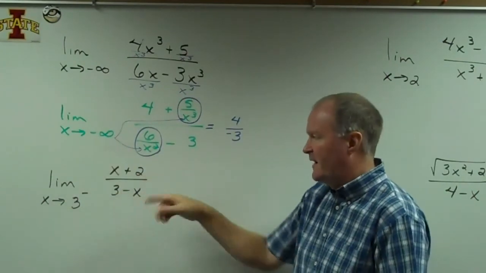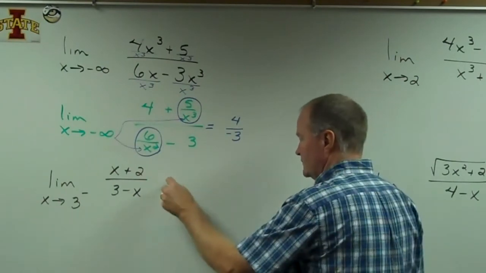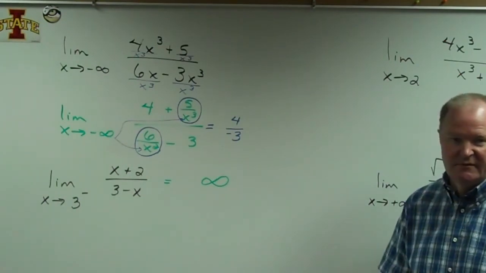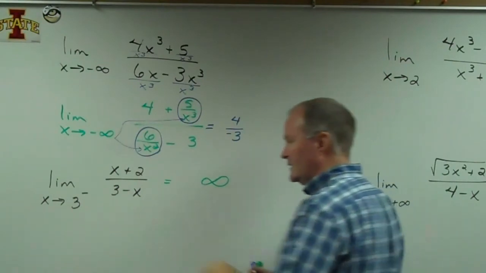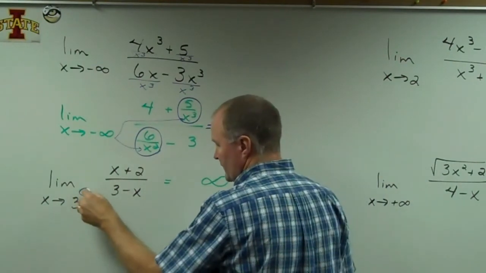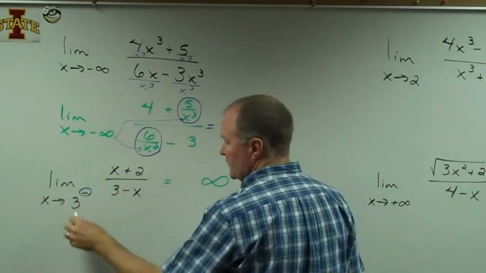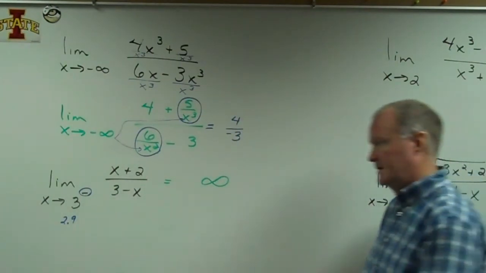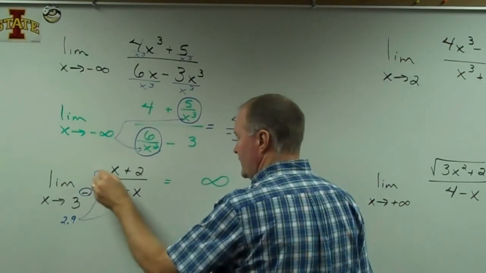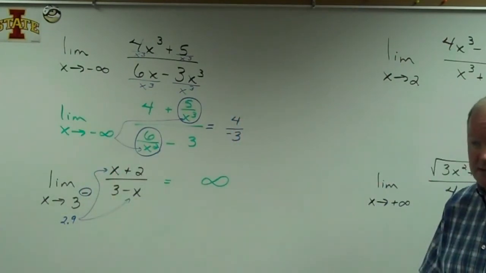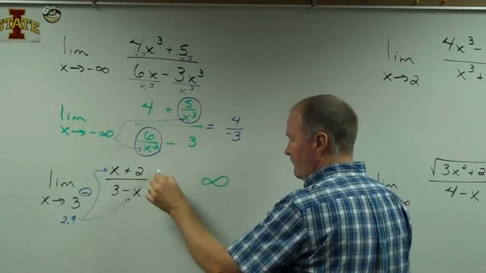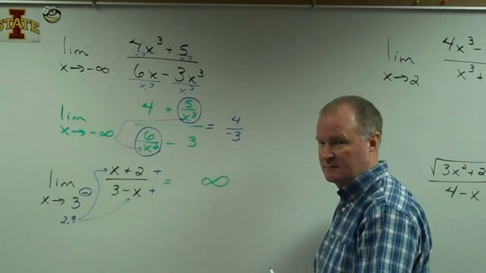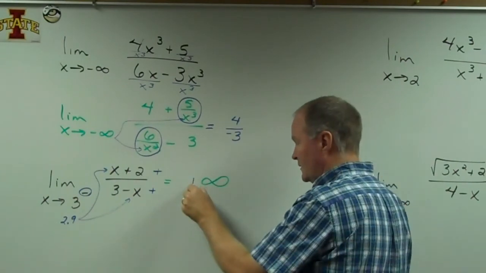But this one here, no factoring, no nothing else, so we know that it goes to an infinity. We just got to decide positive infinity or negative infinity. And the way we do that, since that's a negative, that means coming in from the left. So I pick a number a little bit to the left of 3, which is 2.9. And I plug that in there and there. I'm not worried about the value, I just want to know positive or negative. So on the top, positive, and on the bottom, positive. So this is positive